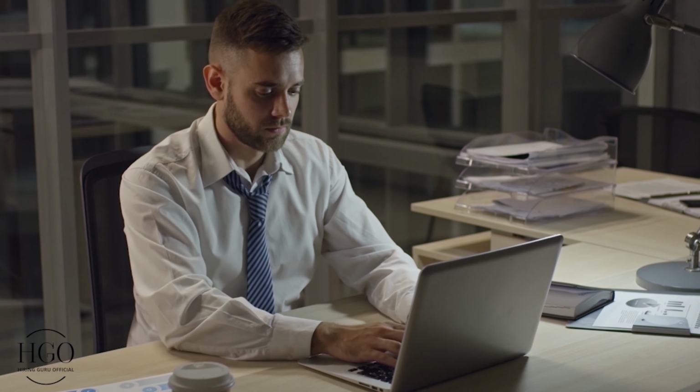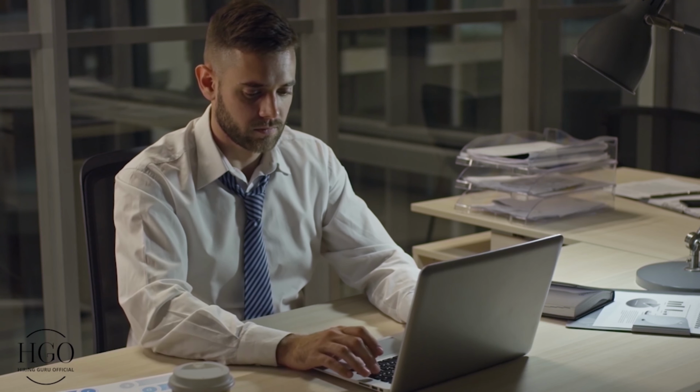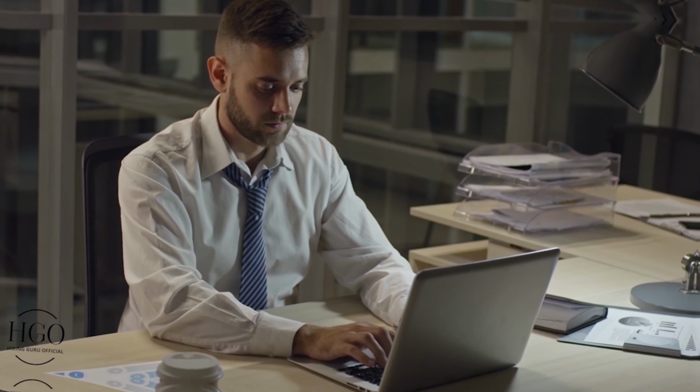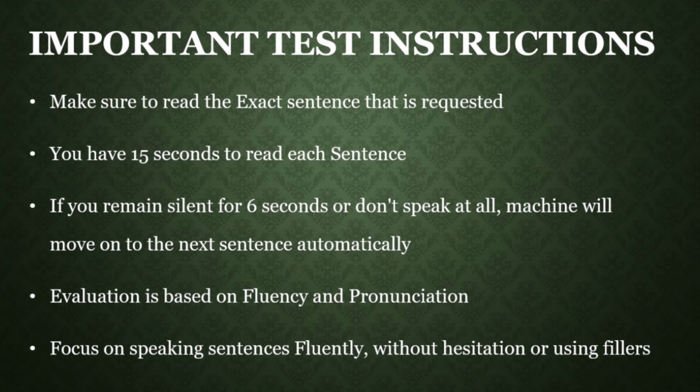Trust me, this is the easiest section of this test, and you should aim to score as high as possible in this section. Now, there are a few things that you need to keep in mind. Make sure to read the exact sentence that is requested and not anything else. If you're asked to read sentence number 5, then you shouldn't read sentence 1. You will have 15 seconds to read each sentence. And if you remain silent for 6 seconds and do not speak at all, the machine will automatically move on